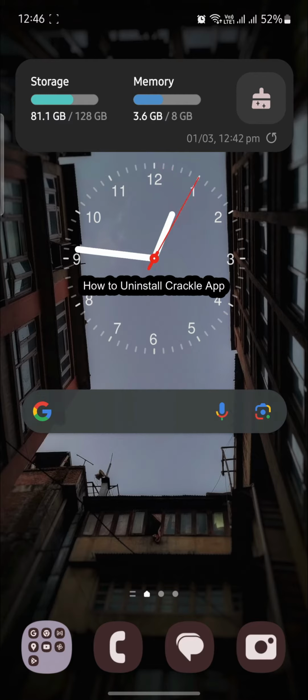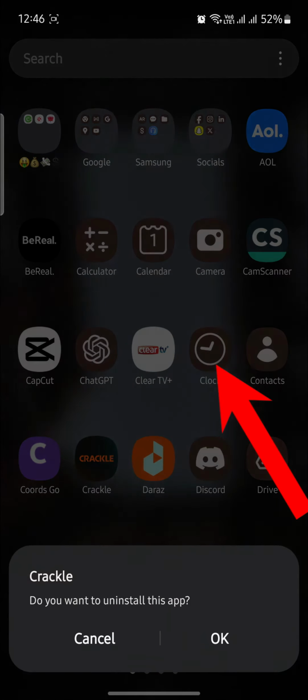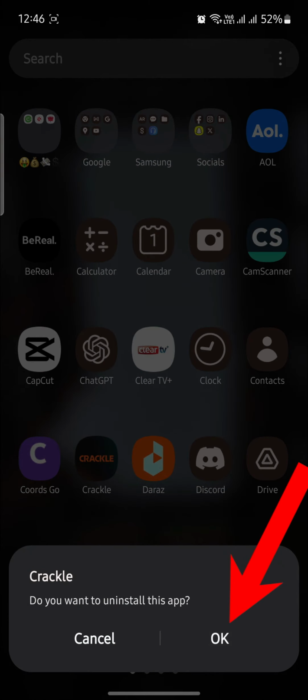In this video, I'm going to teach you how you can uninstall the Crackle application from your mobile device. So go ahead and locate Crackle, tap on it and click uninstall, and if you press OK, the app will